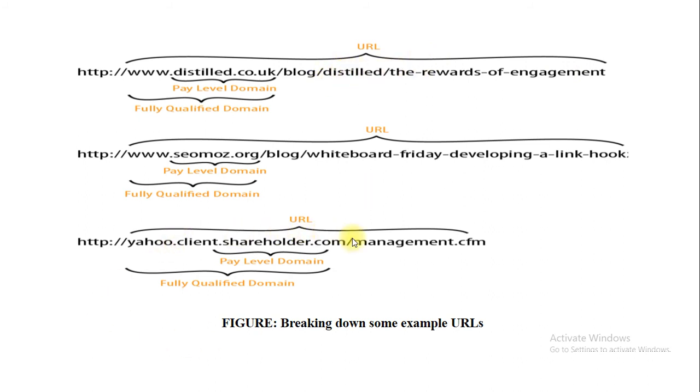Now, the third example is what? yahoo.client.shareholders.com. Remember one thing, that over here we have used the concept of subdomain, right? Yahoo.client is a subdomain. Pay level domain means what? The one for which you have paid in the search engine, that is shareholders, right? So this is the domain for which you have paid, but we have used the concept of subdomain over here, and yahoo.client is the subdomain we have used, because I am sure that with the help of yahoo.client, the user is going to search for the